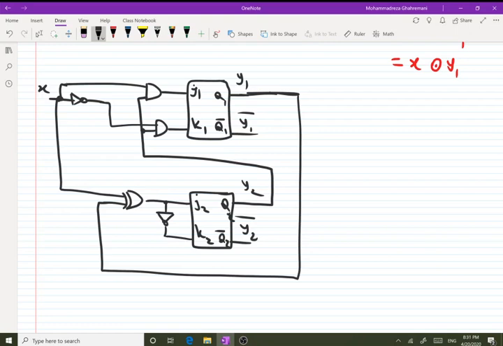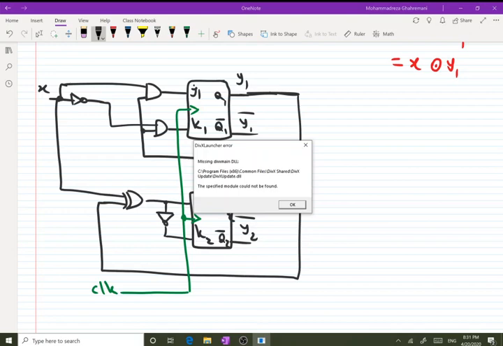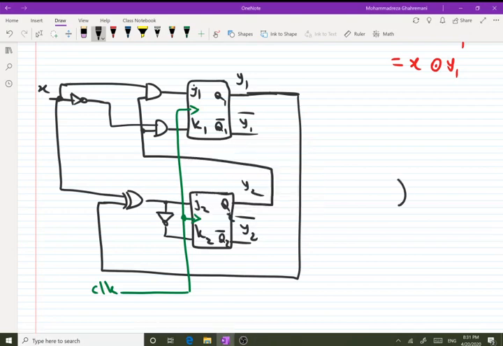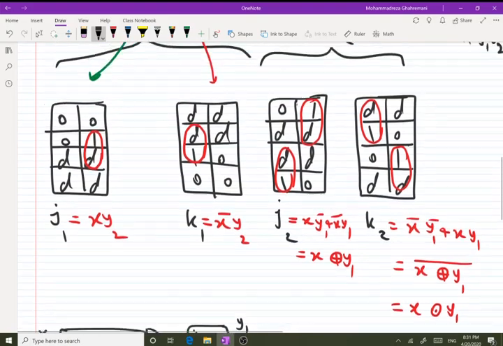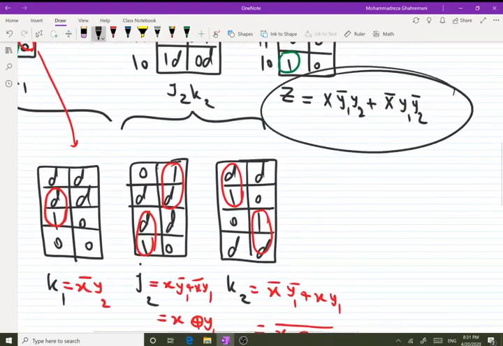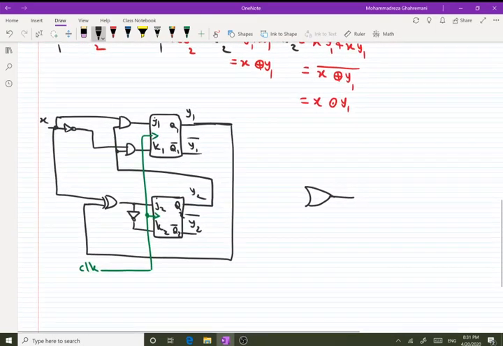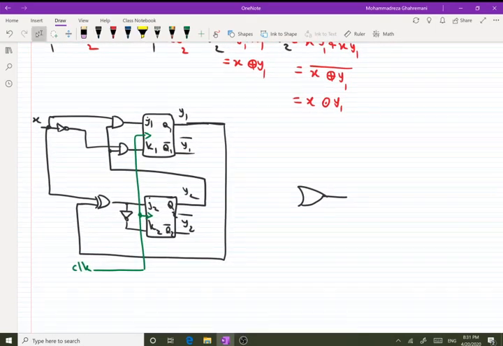And that's it. We need to have the clock. The clock is connected to both flip-flops, and of course we shouldn't forget Z. If we look at Z, Z is X Y1 bar Y2 plus X bar Y1 Y2 bar. So we need to apply those connections. So Z